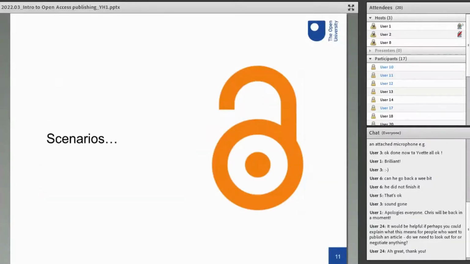So we're going to have a look at a couple of scenarios, if we can, before the end of the session. The first one we will look at is one where we're going to be using one of the OU Library's transitional deals. And if we have time, we can look at some of the other scenarios: using the UKRI block grant, how to find a title that doesn't attract an APC using the DOAJ, and also a green open access option, which is where you wouldn't have any funds at all available to you.